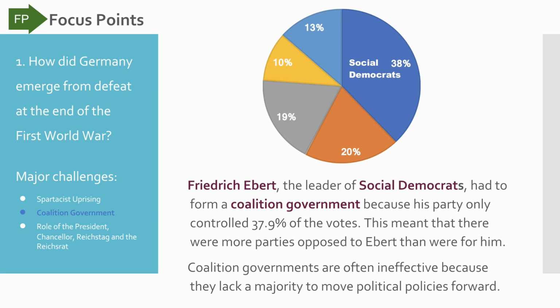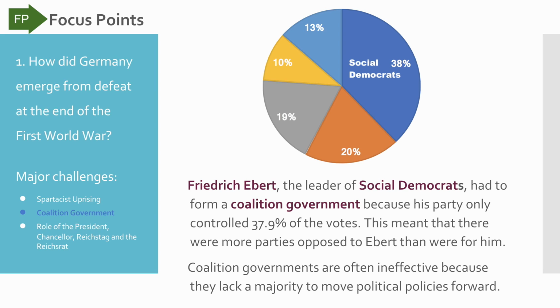Turning to coalition government, let's talk about one of the big challenges that Germany faced. In this pie graph, you can see that the Social Democrats make up approximately 38% of the government, which means that 62% of the government was not Social Democrats, which means that when Friedrich Ebert, the leader of the Socialist Democrats,